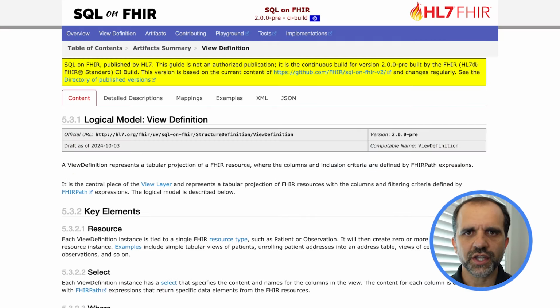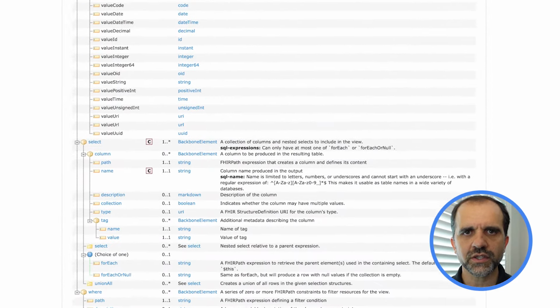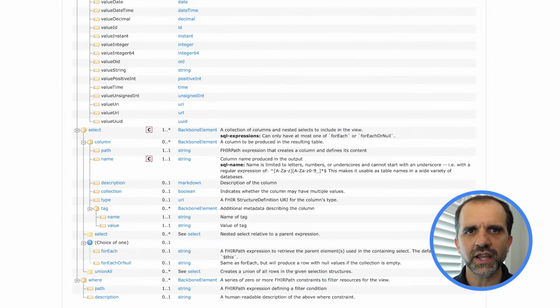The view definition is a FHIR logical model defined as part of the new SQL on FHIR v2 spec. This is a FHIR community-driven effort for defining views on top of FHIR resources. The core idea of a view definition is to use FHIR-path expressions to define columns in the flat view. There is also a for each construct to do the flattening operations and a where clause to put constraints on